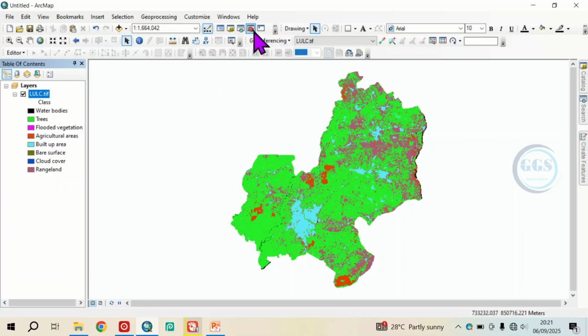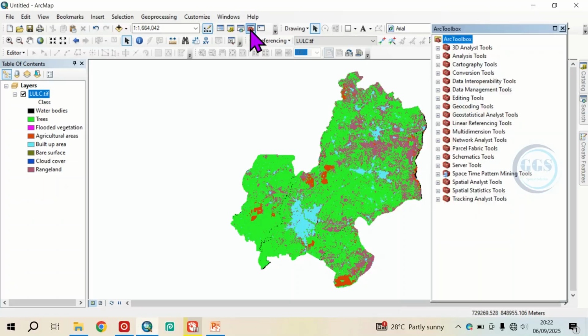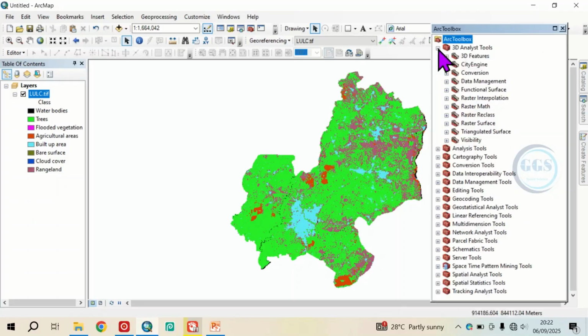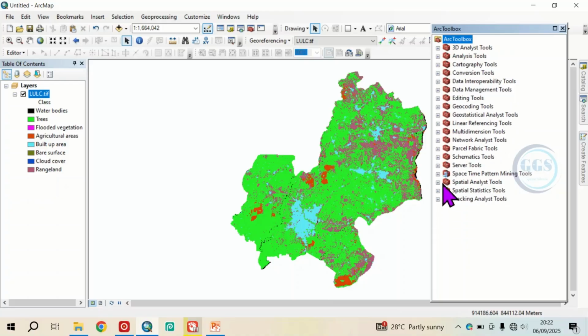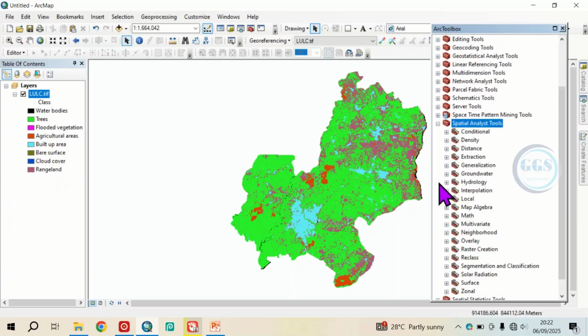So here is the ArcToolbox. The ArcToolbox is the window that allows you to access geoprocessing tools. For example, if I click on it, it will open the ArcToolbox, and here we have a whole lot of geoprocessing tools. You can see various hundreds of tools that you can use here, and the most frequently used is the Spatial Analyst tool. If I click on it, here you can see conditional tools, density, distance,